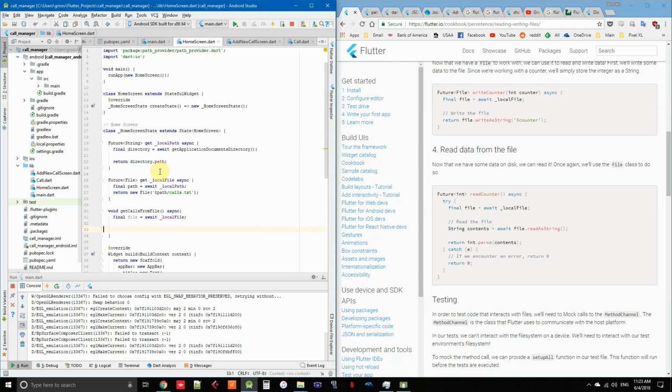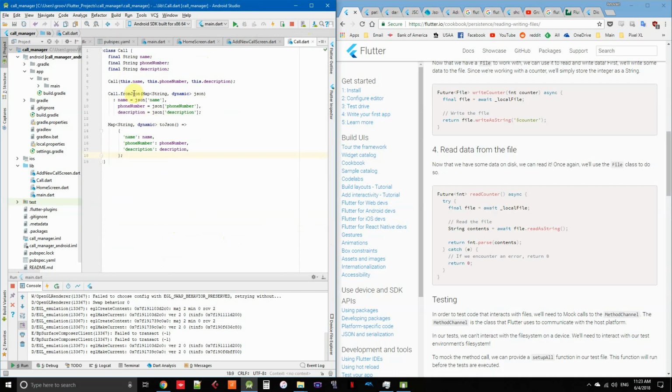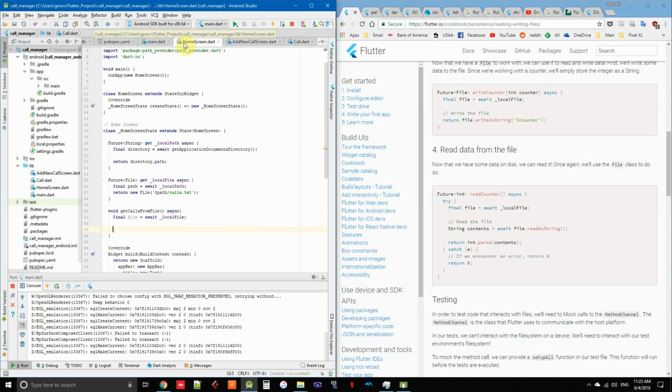Wait. Yeah, so I'm getting the file, and then I would have to turn it into a map of the JSON stuff. So I would have to say